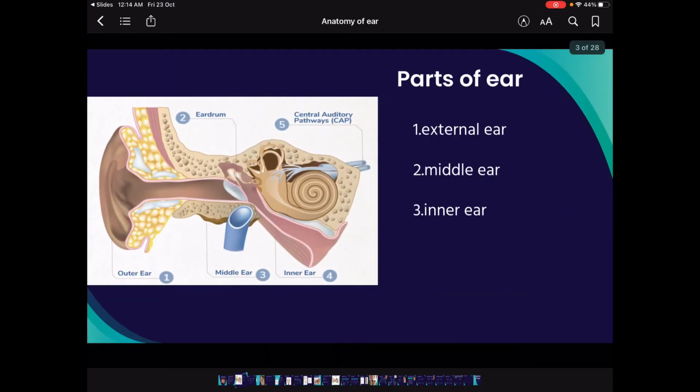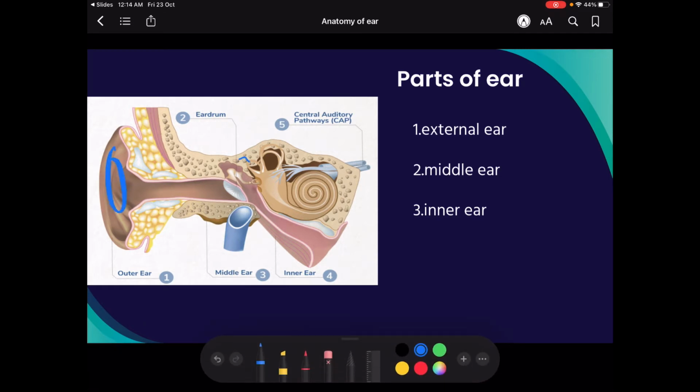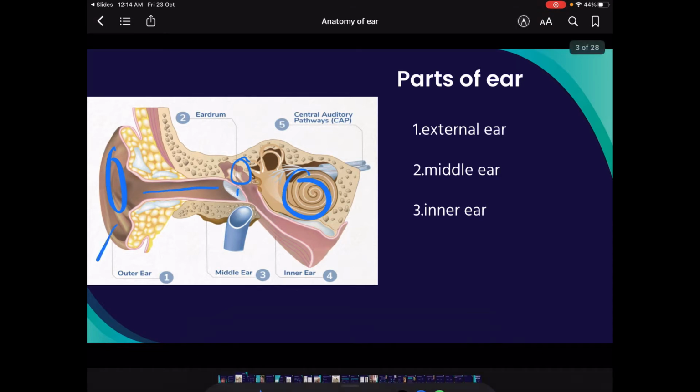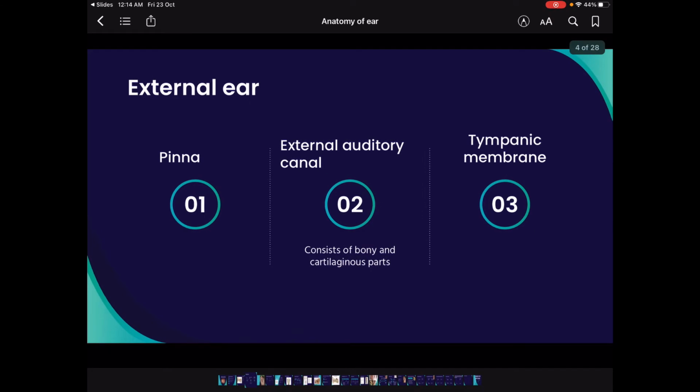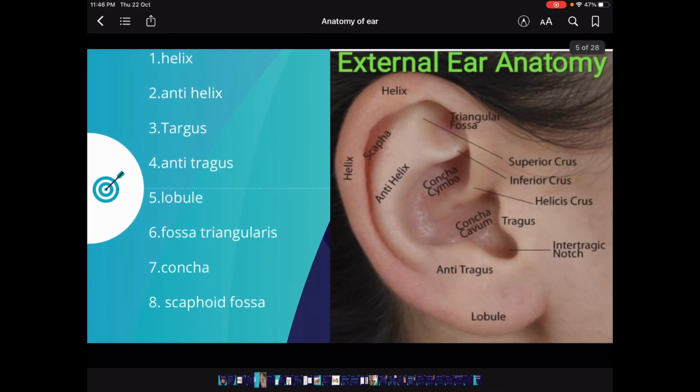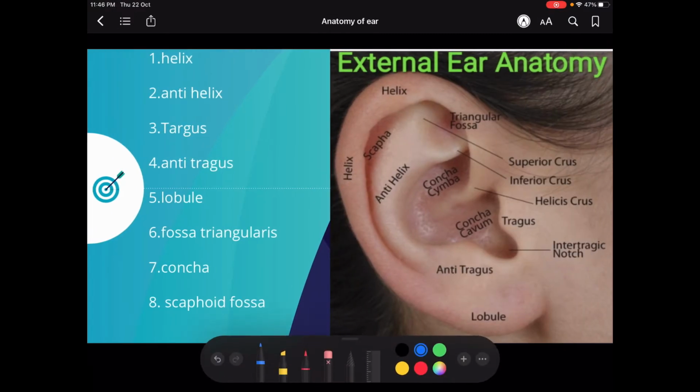As we know, the ear is divided into three parts, that is external ear, middle ear and inner ear. The external ear is further divided into pinna, external auditory canal and the tympanic membrane. You can remember this with a mnemonic called PET: P for pinna, E for external auditory canal and T for tympanic membrane. So, the pinna consists of several parts like helix, antihelix, tragus, antitragus and the lobule, which serve as the